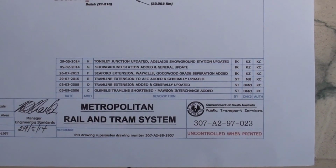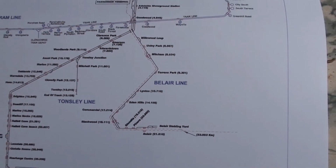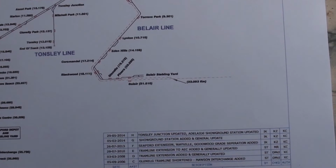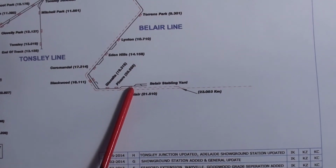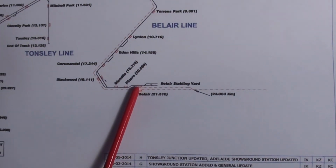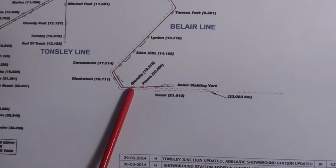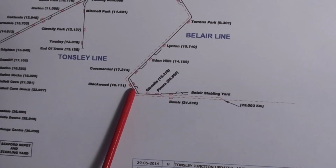This is the track diagram for the Adelaide Metro trams and trains, and we're looking at the Blair line. This is Blair Station. You can see that there's a single platform and a single track. It moves through to 2 more stations with single platforms and single track. At Blackwood there's a double track. This means that